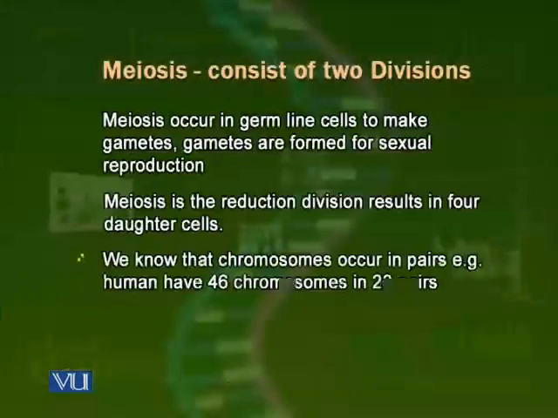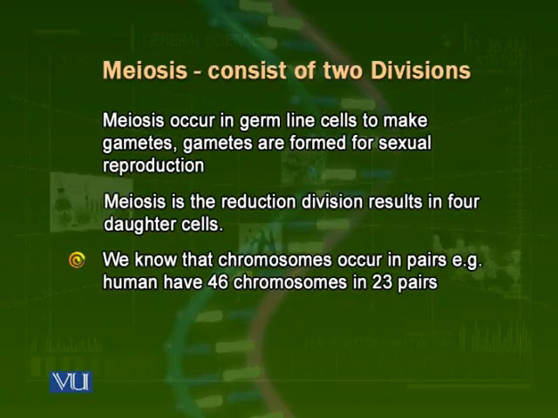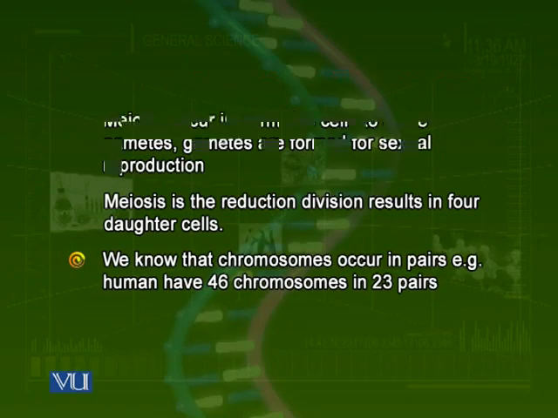At the end of meiosis, unlike mitosis, the one cell divides into 4 cells. And all of these 4 cells have a half chromosome number in comparison to the mother cell. For example, human beings have 46 chromosomes in total. These 46 chromosomes are present in 23 pairs. In each pair, the 2 chromosomes are just alike in their generalized appearance,